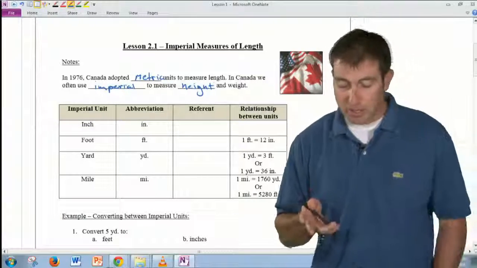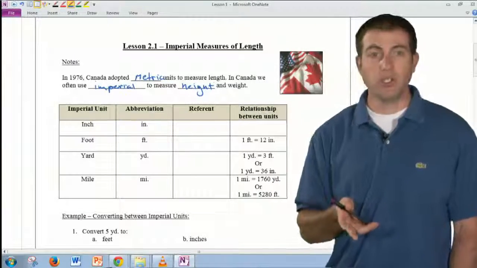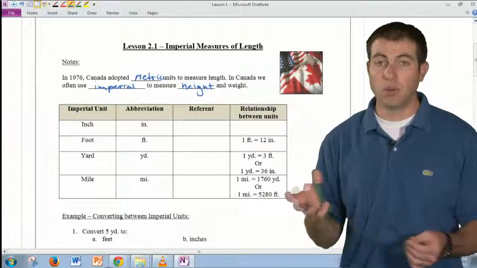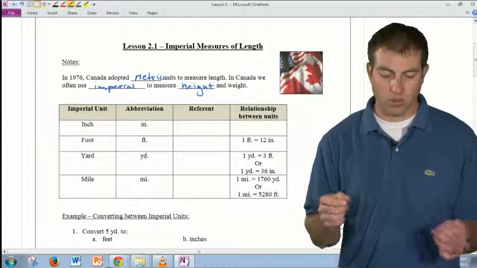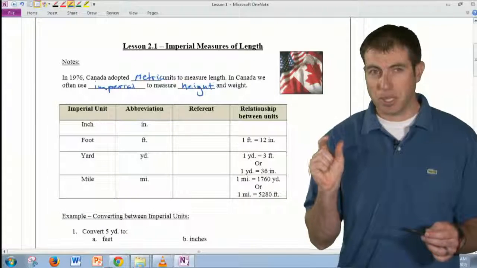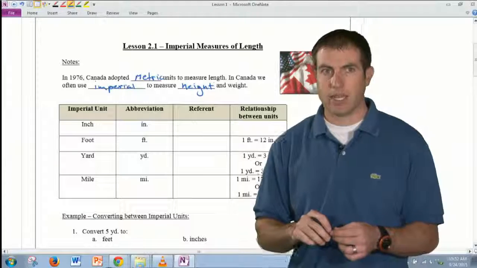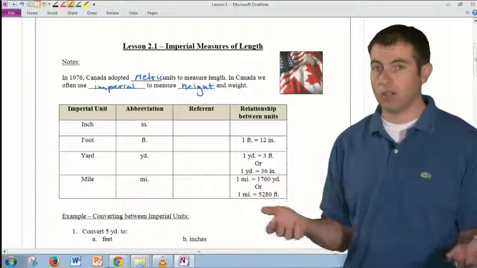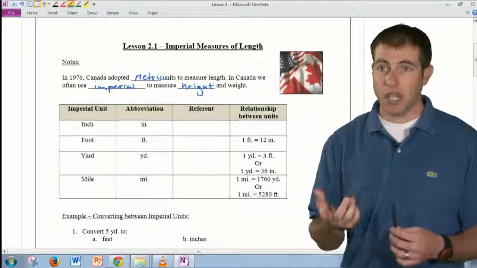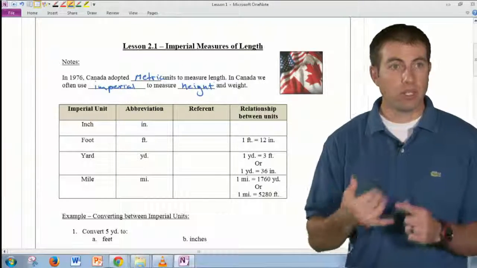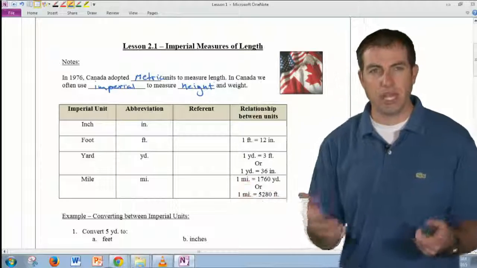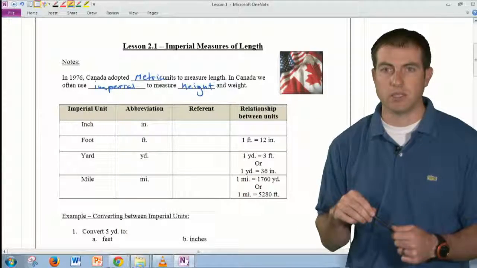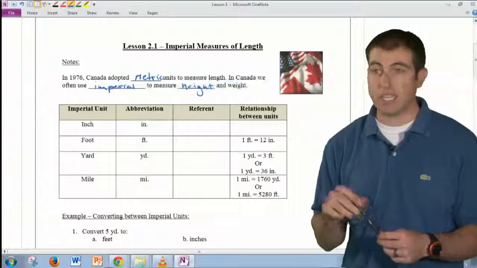kilometers. But can anybody think of something that we could use, maybe that we'd have with us all the time, that would be about the length of 1 inch? An inch is about 2.5 centimeters. Is there anything you can think of that you'd carry with you or have all the time? If you want to throw it into chat, that'd be awesome. Same thing with foot, yard, and mile. If you can think of a referent for any of those, just throw it into chat, and then I'll write them down here on the sheet. Maybe you'll get the inch started.